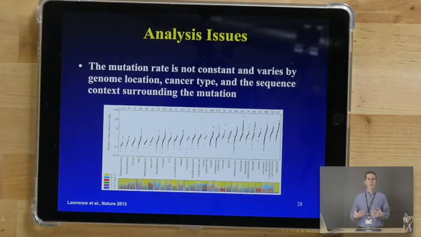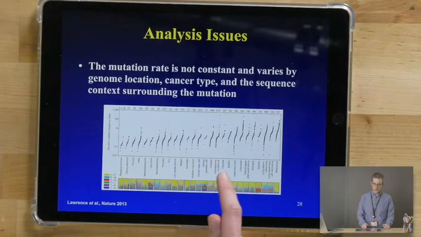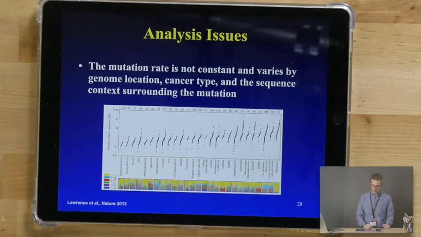However, the model I went over is a little bit simple in the sense that we had assumed that there is one constant mutation rate across cancer. But in actuality, you have variable mutation rate. This can happen at different spots of the genome, in different types of cancers, and for different DNA changes. So this is shown in this plot here, where various cancer types are shown on the